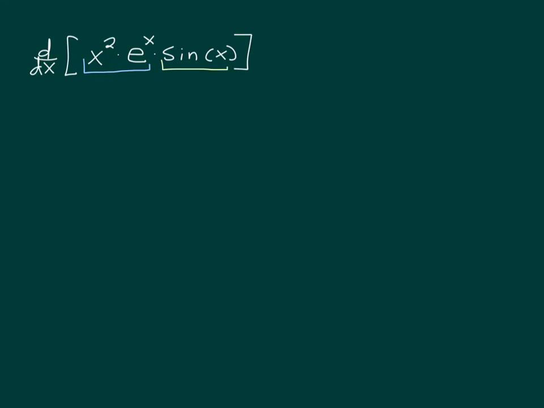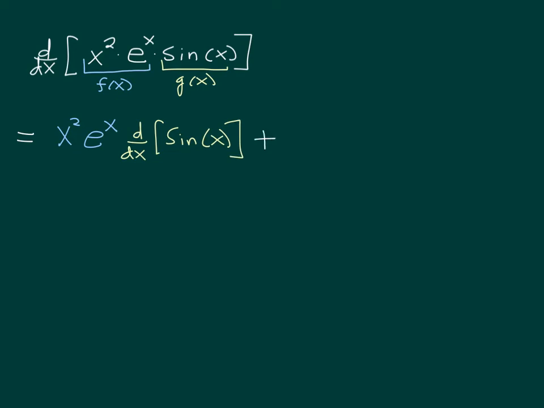All right, so let's take x squared times e to the x, and we'll think of this as one function, our f of x, and this is times sine of x, or g of x. So since now we're technically dealing with a product of two functions, f and g, we can use our original product rule formula. So this would look like our first function, x squared e to the x, times the derivative of our second. So this will be the derivative of sine of x,